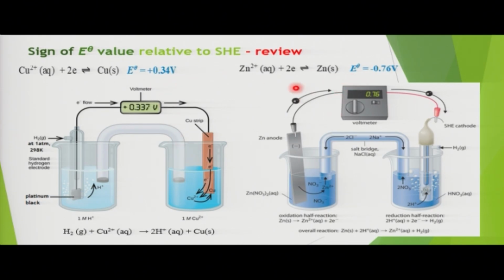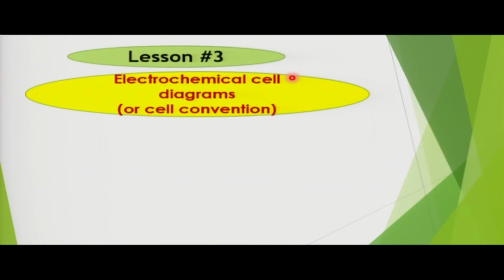So this value and the setup should not confuse you. This setup is simply because zinc is losing electrons. But the value here being negative is because it's given as zinc gaining electrons. It is the reverse of what is exactly happening. So that is what we looked at last time. We don't need to take much more time on that. So let's look at today's lesson content, which is